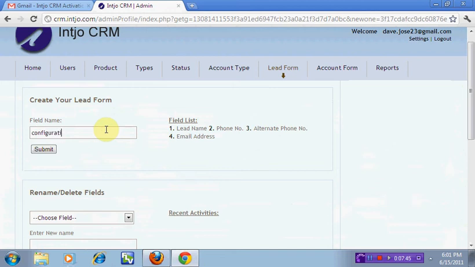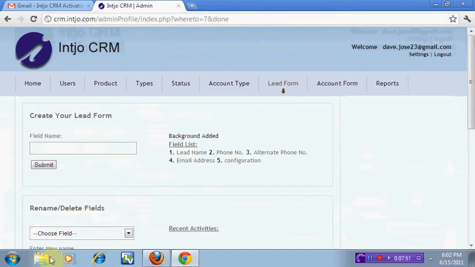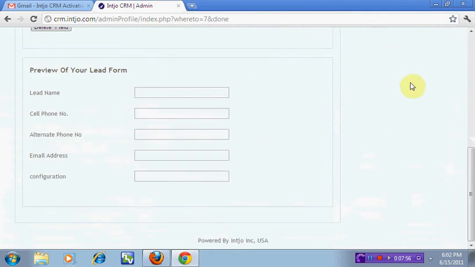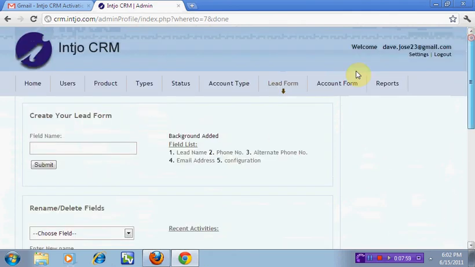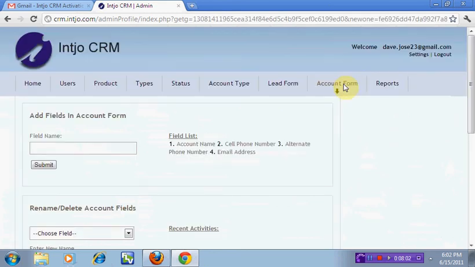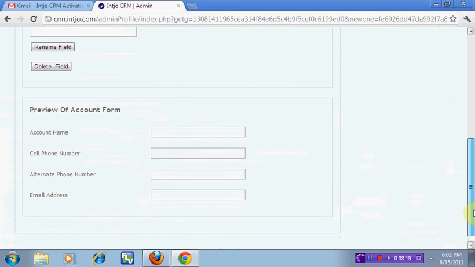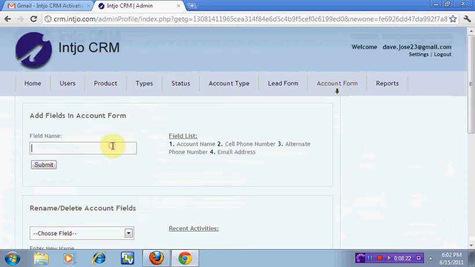Now go to account form. Every lead comes from a source or account. This is the form that your user will see when they will create new account to CRM. You can add fields accordingly or rename or delete. Below you can see a preview of account form. You can add account form like, suppose you are selling laptops by internet and advertisements through newspapers like New York Times and Washington Post. You have to create form that your user will submit at the time of inquiry.